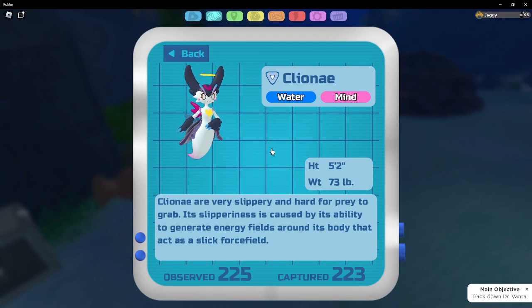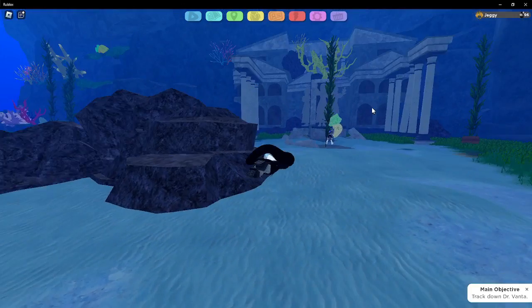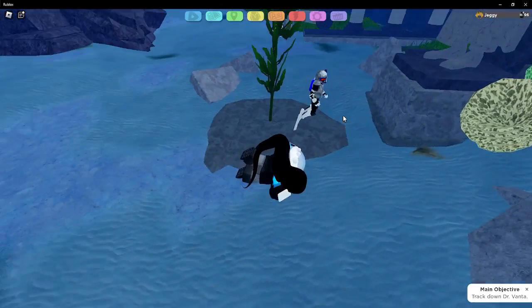Cleone are very slippery and hard for prey to grab. Its slipperiness is caused by its ability to generate energy fields around its body that act as a slick force field. Wow, this is really an open area. Are these guys gonna fight me, or...